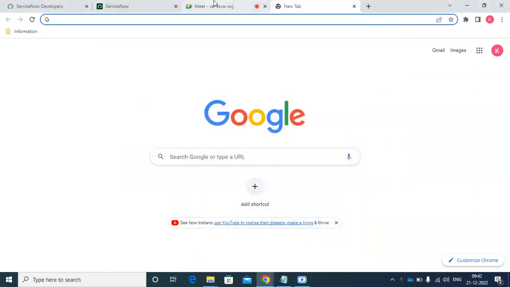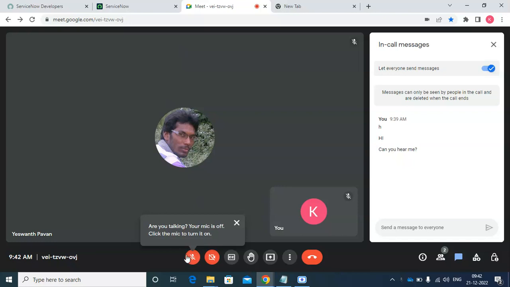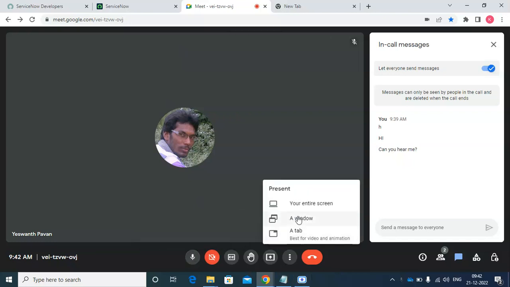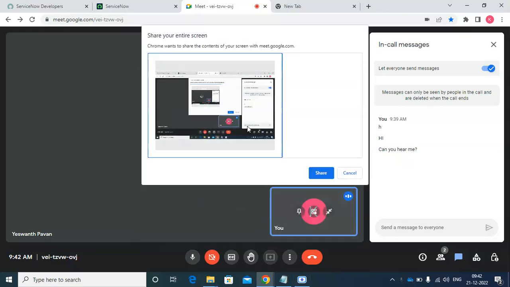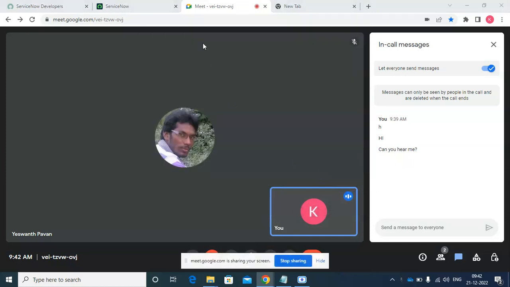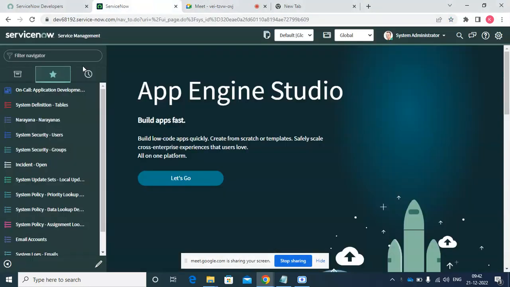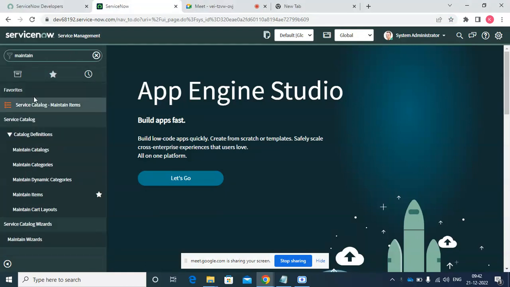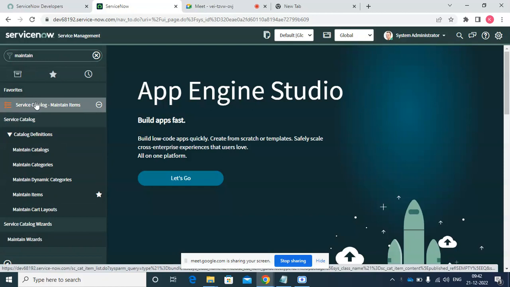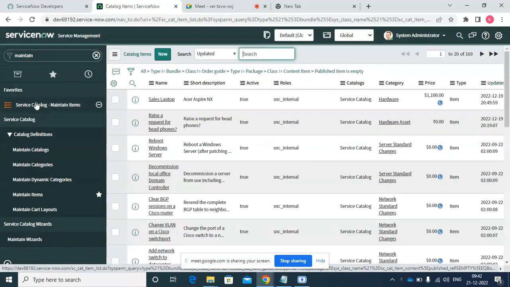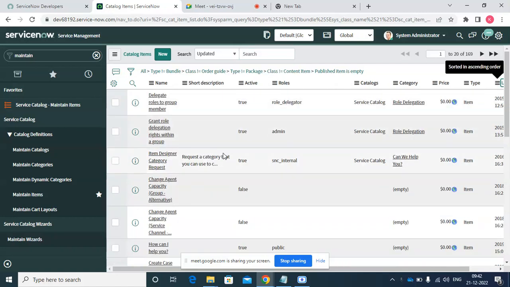In the last class, we had a discussion about what a catalog is, how we can create a catalog, and how we can create a catalog item in the front end. So now today we will discuss how we can create